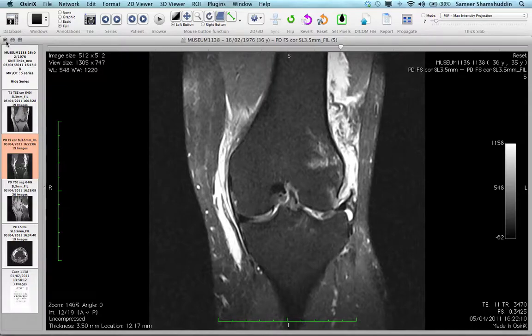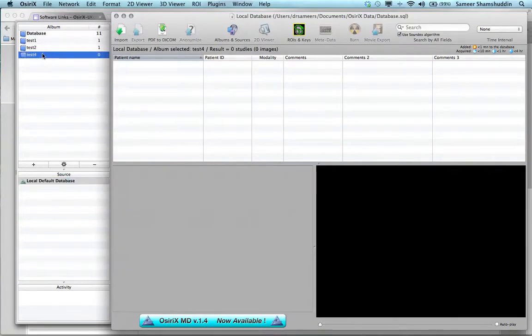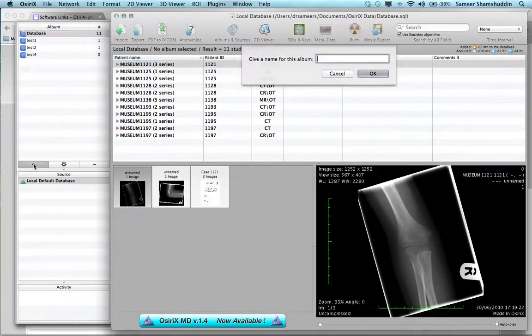So let me close the viewer window, and that brings us back to the database window. Here on the left hand side, you can see that all these cases are stored under local default database, and you also see that there are multiple albums like test1, test2, and test4. You can actually create a new album by clicking on the plus icon here and giving it a name. So I'll give this a name called album,